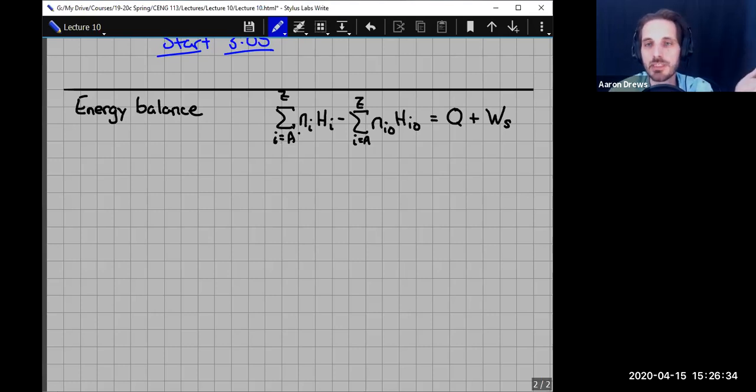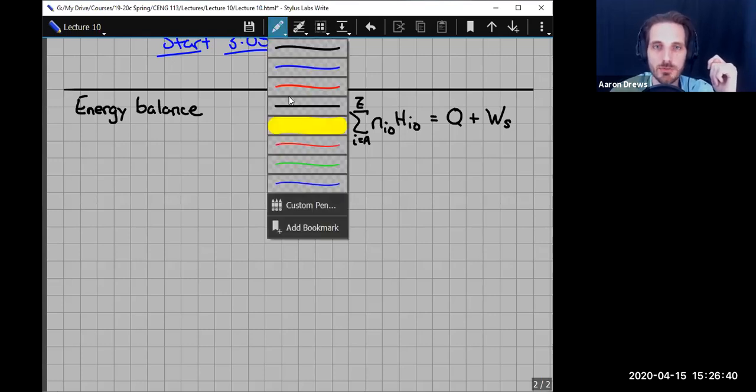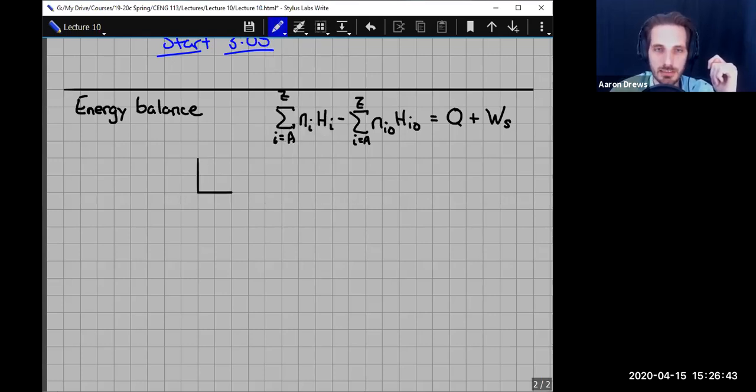It was never equal to PV work because the PV work is embedded inside of the enthalpy. And so what this meant was that we could usually get away with writing like a super stoichiometric table, or